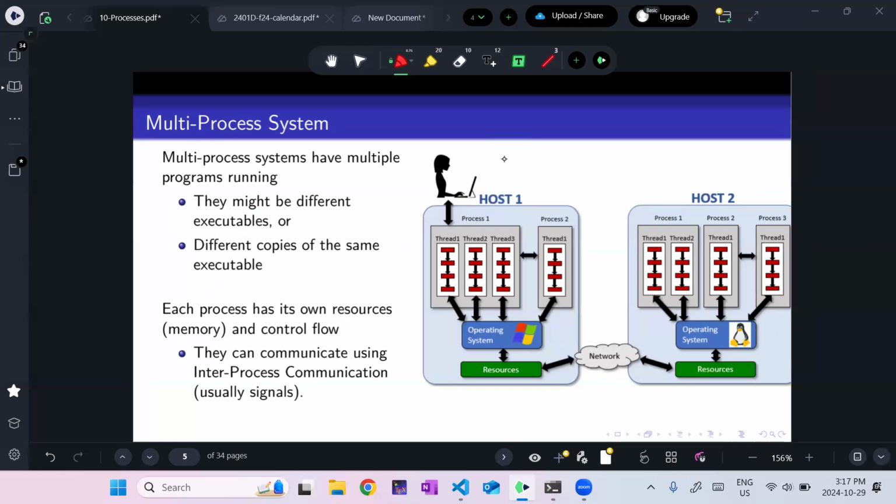A multi-process system is, I might have multiple processes running on the same machine or on different machines, right? A lot of this stuff is almost transparent. Whether or not I have a process running on a separate machine or the same machine, there's a lot of protocols that make those look exactly the same, right? So you just write your code exactly the same way, and then somebody else decides where to run these processes. But yeah, these different processes might be different executables, or I can have the same executable running multiple copies, doing slightly different things.